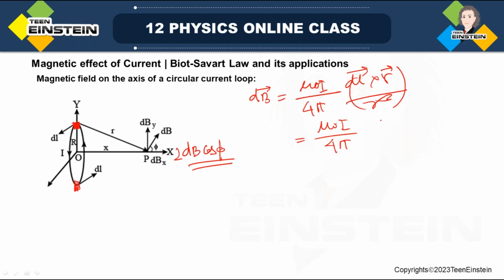Here dl cross r will give dl sine theta, or sine phi in this case. Let us say sine theta itself, over r square. See, this angle is 90 degrees. This is the angle between the element and the position vector of point P, so theta is 90 degrees here. So what you get is mu 0 I by 4 pi